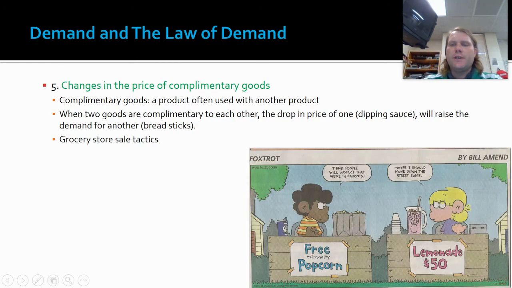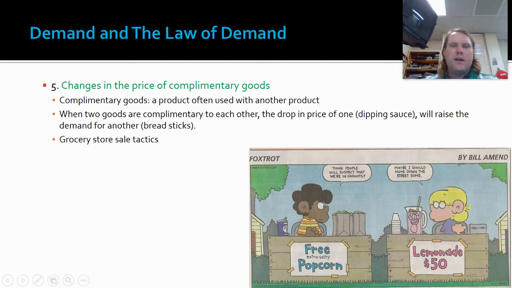We also have goods that go together. We call them complementary goods. This is like the grocery store trick. The grocery store will put hamburger buns on sale for 15 cents. Okay, so hamburger buns are on sale, and now I've got to buy hamburgers, and they make a good profit on hamburgers. So they want to decrease the price of hamburger buns, which will increase our demand for hamburgers. They can use that against us and make us think that we're saving some money, when in actuality we're giving the grocery store more money because they're making a bigger profit on the product that is more expensive.